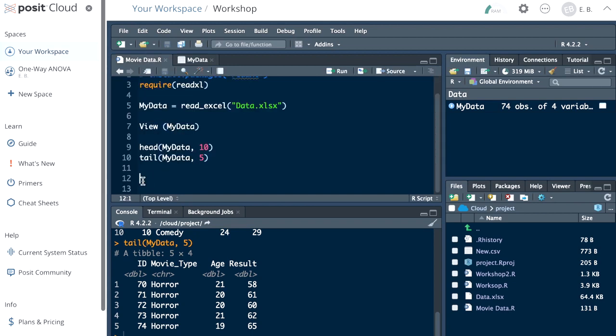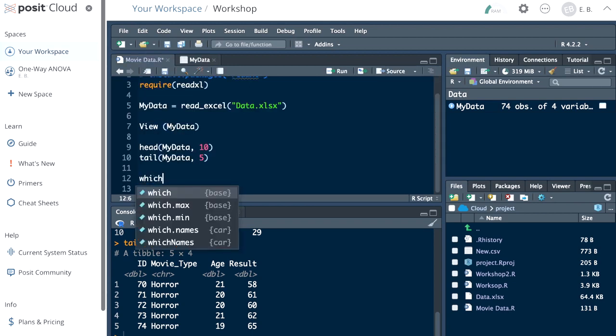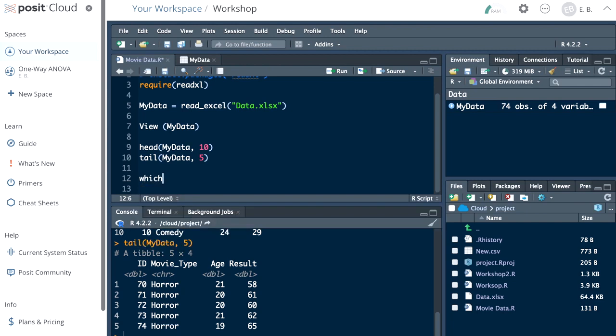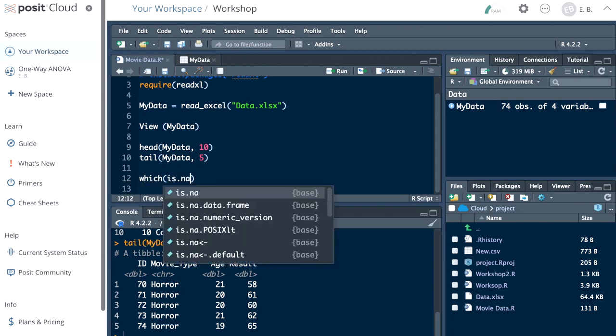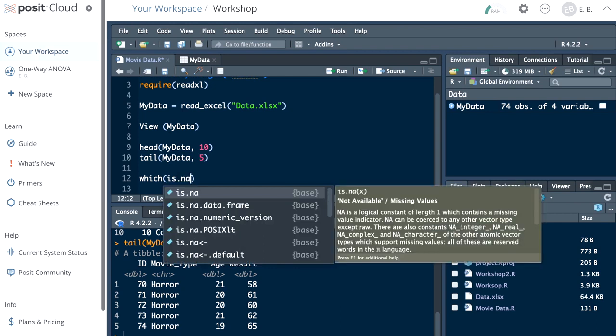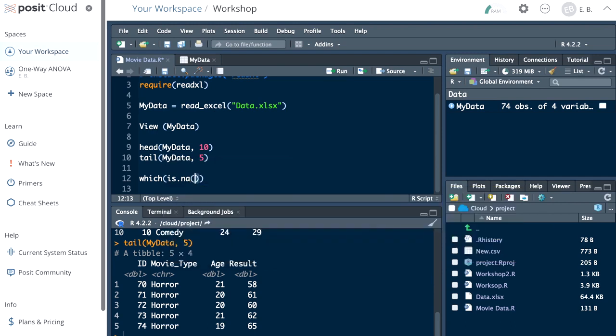So to check that, just write which, and between brackets is.na, which asks which cells have NA, meaning no data or empty, and then my data,